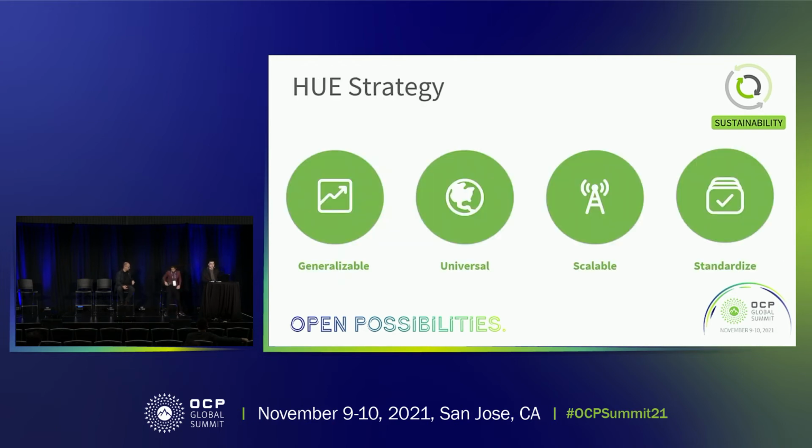Yeah, thank you, Jyoti. In terms of the HUE strategy, in order to make it understandable and easily adopted, there are 4 guiding principles that we have defined for this particular effort. The first thing is it has to be generalizable, right? So something that can be very easily understood and can be easily calculated with readily available data or telemetry, right? So things like wall plug power, simple lab testing results, or even some of the power consumption of various components. We want to keep it simple.